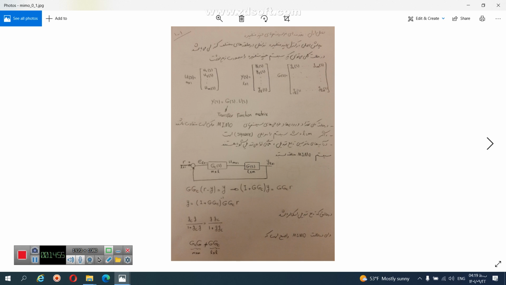I help you. Write like the previous. Let me write the dimension of y, L, 1, N, 1, L1 and R is L1. This is the dimension of this system. Right. Y equal to